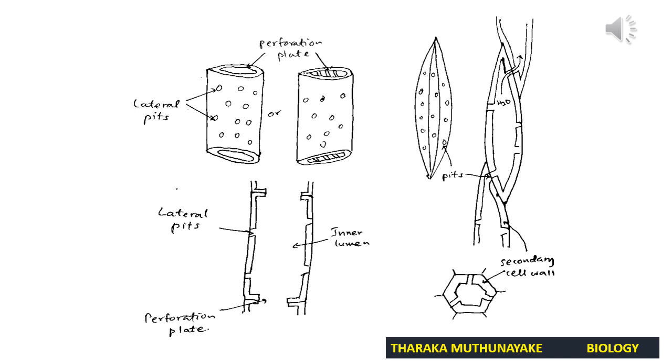First one, they are dead cells and have an inner lumen. So think in opposite. If there's cytoplasm, can water conduct? Can't. Therefore, having a lumen is important for upward movement of water as a column. And also, the second adaptation, end walls are broken down and form perforation plates, which is important for continuous upward movement of the water column.